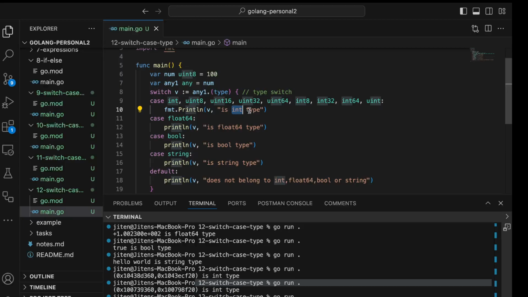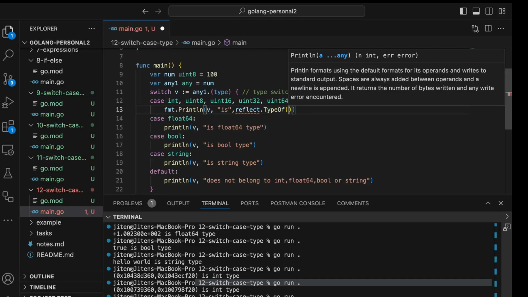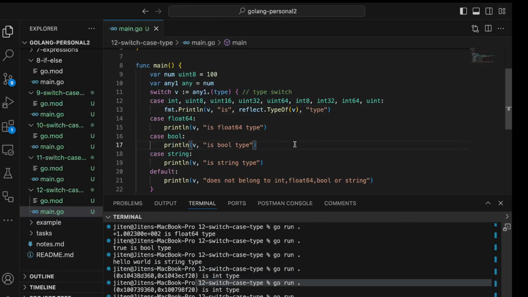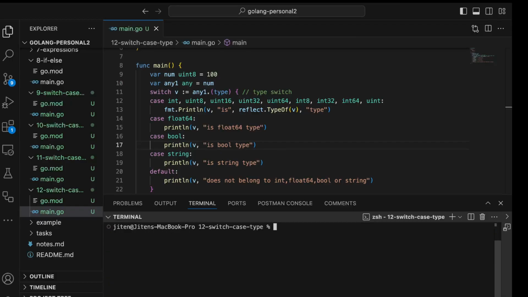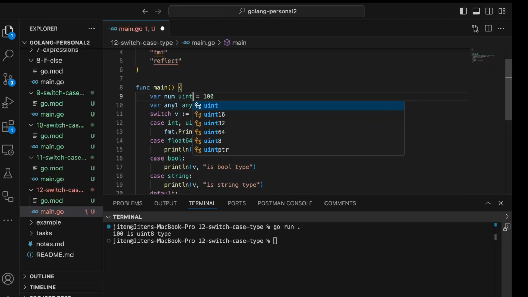Basically, it is not int type. You have to use the reflect package TypeOf in order to know the type of V. V is uint type. Let's say instead of uint, I give uint64